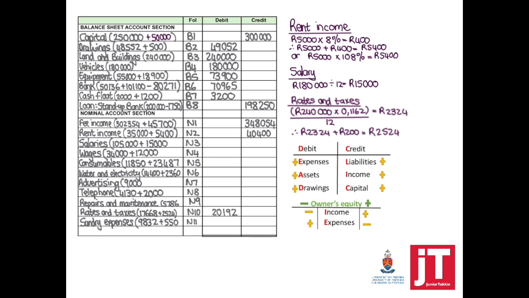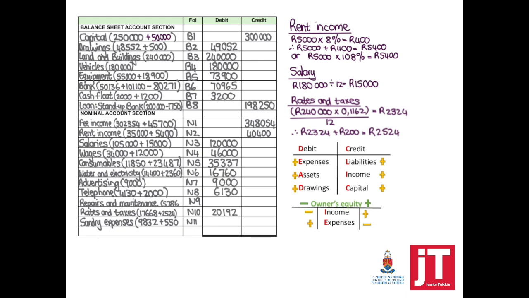Salaries, wages, consumables, water, electricity, advertising, telephone, repairs and maintenance, rates and taxes, sundry expenses are all regarded as expenses, which will appear on the debit side. So all I need to do is close the brackets and calculate my new totals. Telephone,